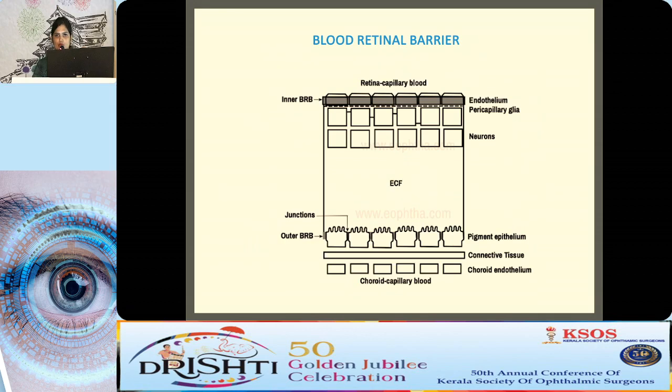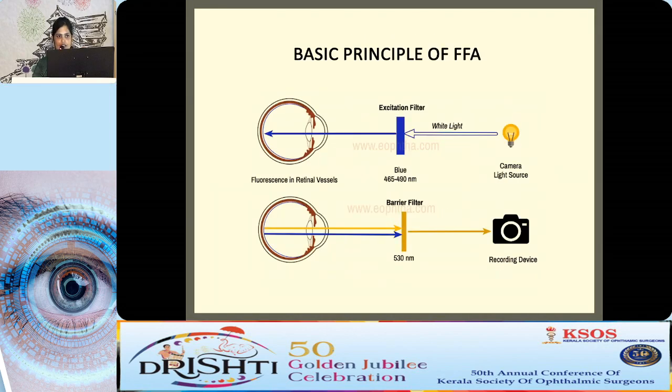So next thing we want to be aware of is the blood retinal barrier. We have two blood retinal barriers, inner and outer, which have tight junctions. So the basic principle of FFA involves